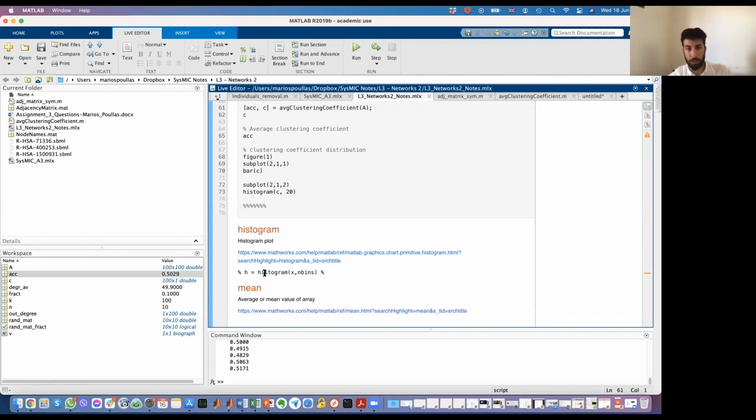You just call the function histogram and you can just use the matrix. You can use the matrix that you are going to plot, or you can add the number of the bins